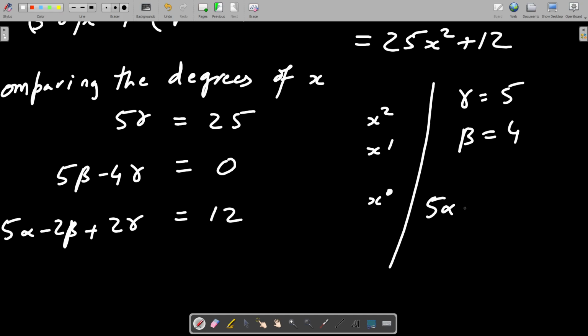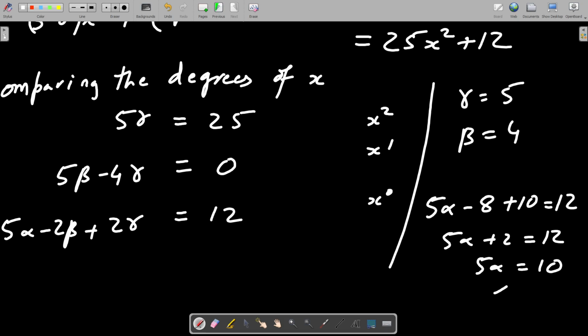Five alpha is equal to minus 2, this will become 8, and plus 2 will become 10 is equal to 12. So this will become 5 alpha plus 2 is equal to 12. So 5 alpha is equal to 10. Alpha is equal to 2. Is that correct, everyone? 2, 4 and 5 I got. Okay. So hence,